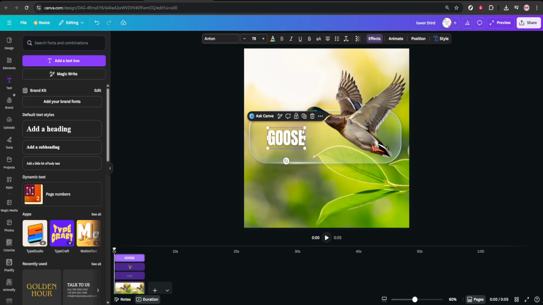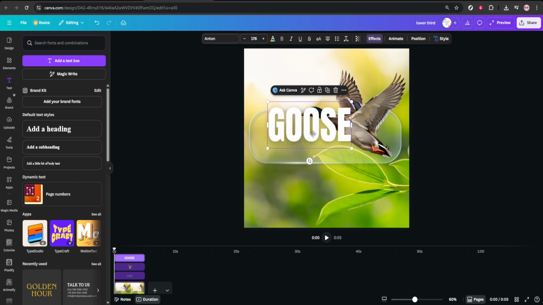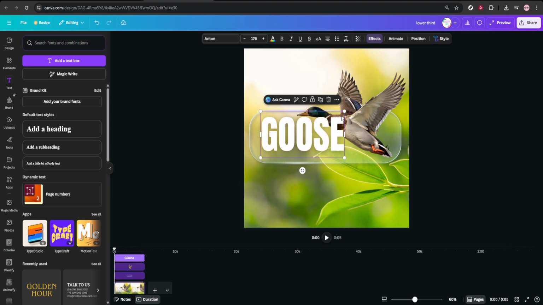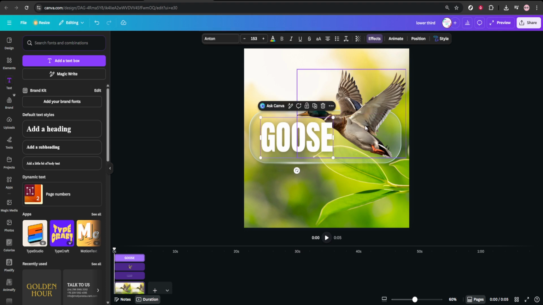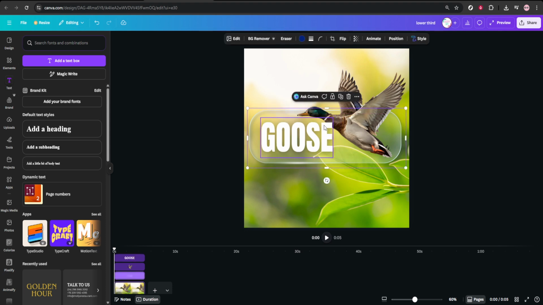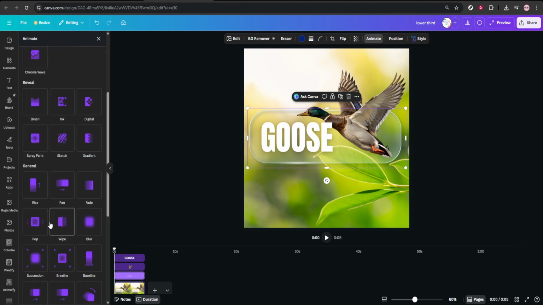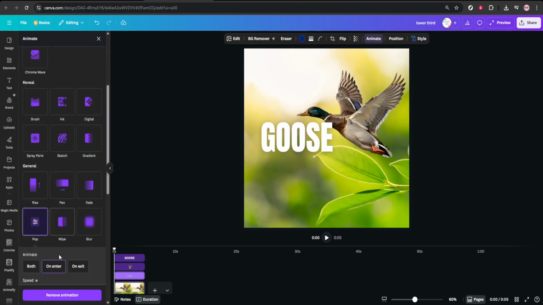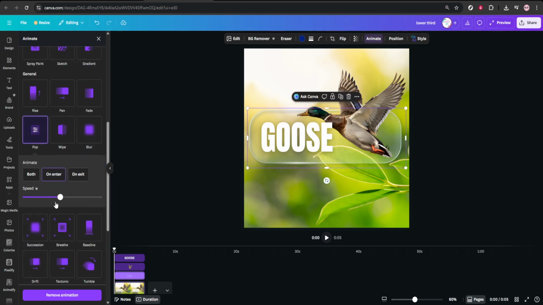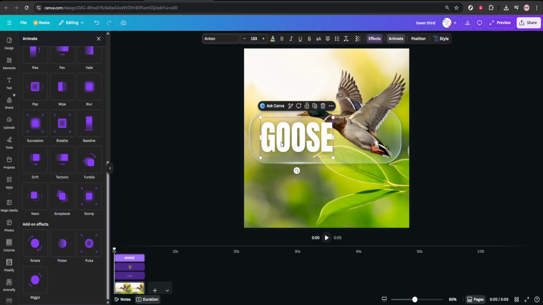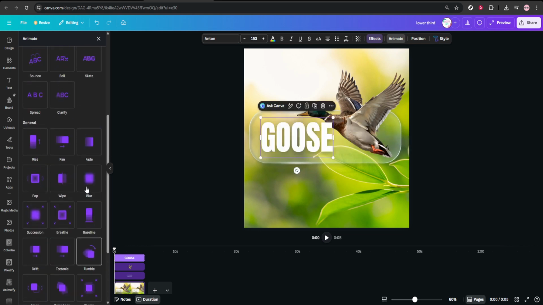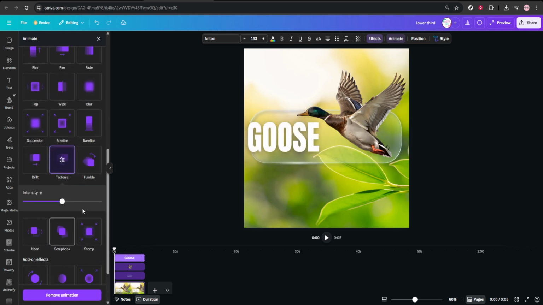Time to animate. Select the glass morphism layer and click Animate. Choose the pop animation for a friendly, energetic entrance and adjust the speed so it feels quick but not jarring. Select the text and add an animation as well, then tune the speed or intensity to match the banner. Finally, select the subject image and give it a simple animation too, keeping it subtle so the text remains the